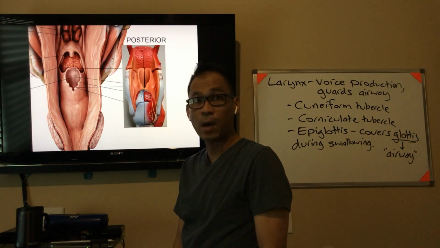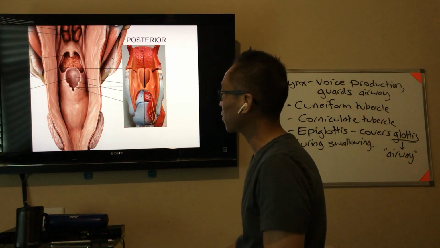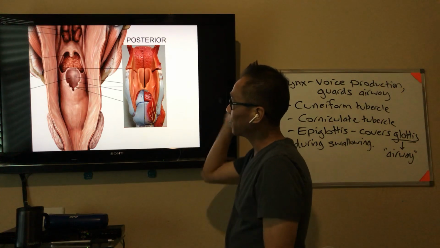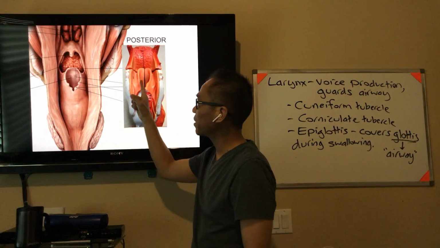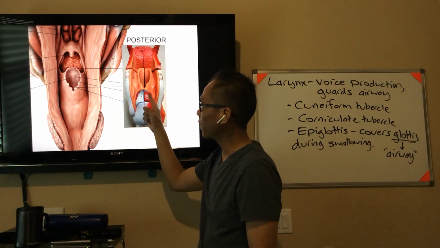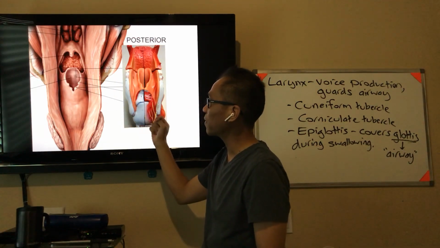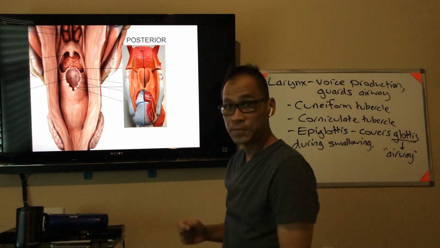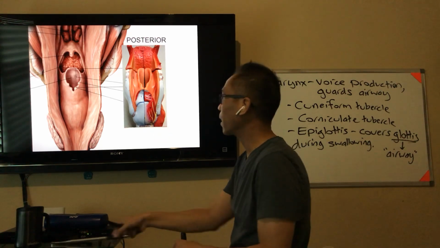Here's another picture of a model we have in the lab, and I want to show it to you here since we're online. You can see how the mucous membrane is still there, but they kind of strip it away right there, so you can see the bluish cartilage underneath it. Okay, and on this picture here, you should be able to identify